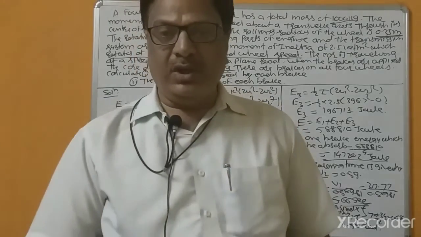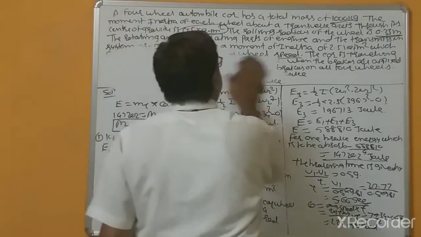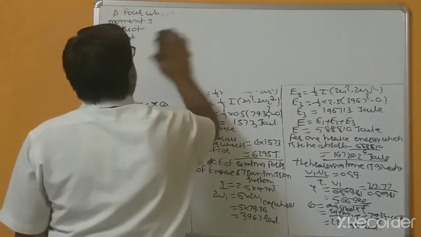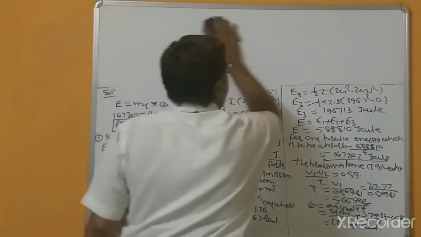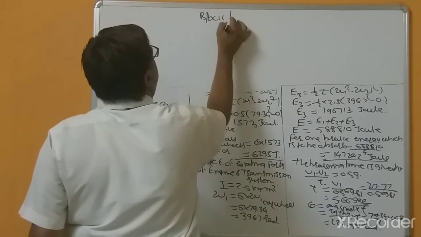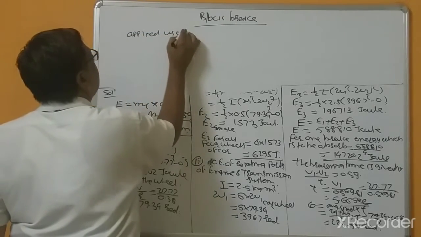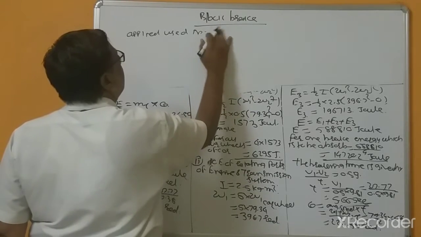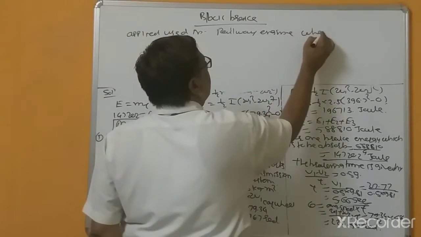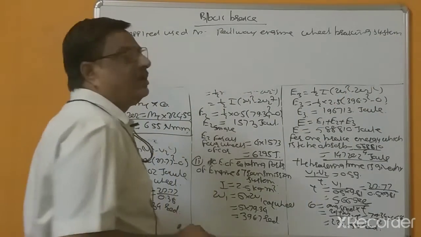So now we will see the actual types of brakes, the block brakes. So in the block brake, such type of brake is used in trains, and this is the block brake. Application: used in railway engine, wheel braking system,